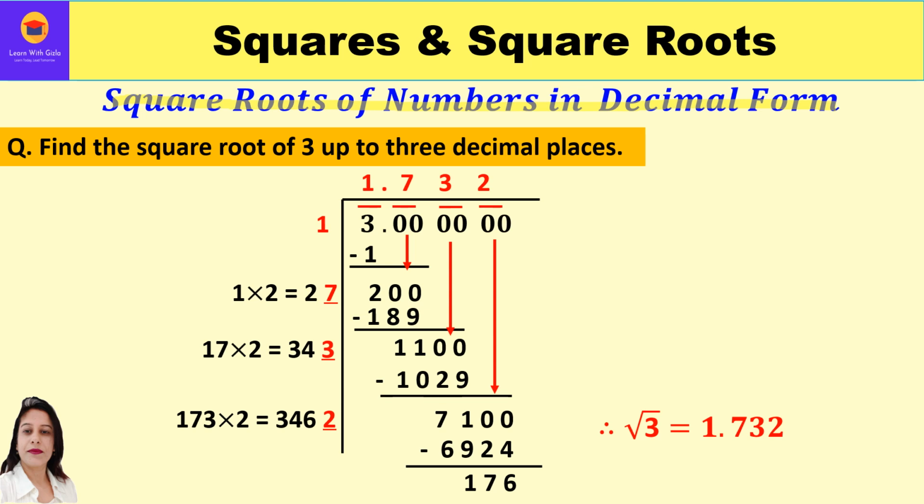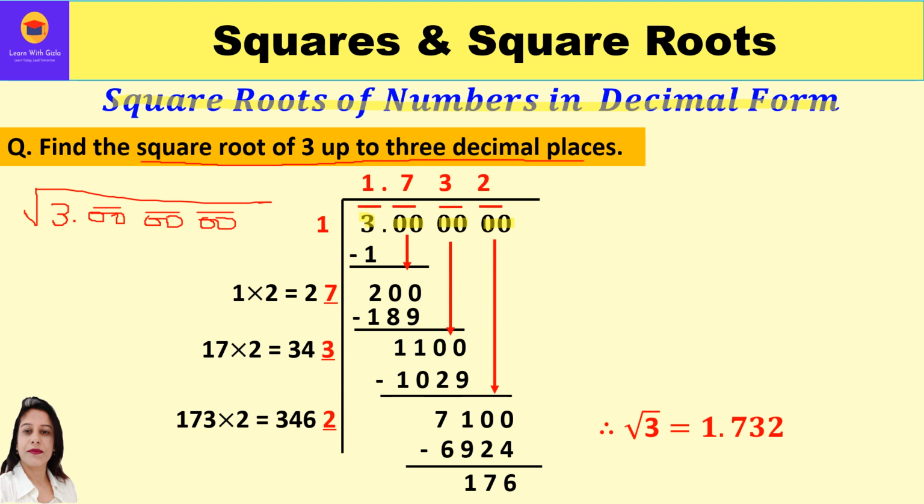So over here, in the question, it is given: find the square root of 3 up to 3 decimal places. So when we find the square root of 3, first of all, we have to make the pairs, right? Since we want 3 decimal places, we will make 3 pairs after the decimal point consisting of 0, 0. So total, we have one period over here as 3, and then we have 0, 0 as one pair, then 0, 0, and then 0, 0. This is how we make periods, or you can say pairs, up to 3 decimal places, because in the question they had asked us to find the square root up to 3 decimal places.